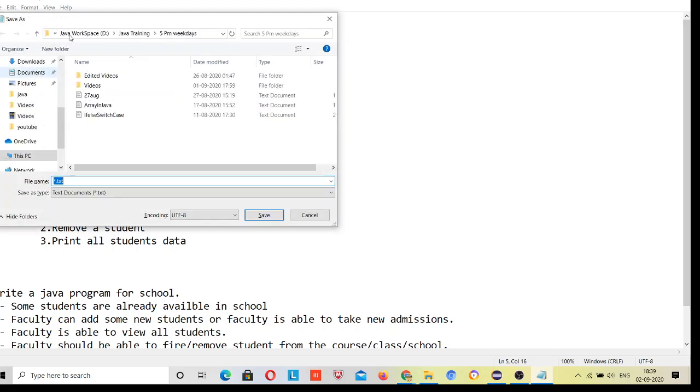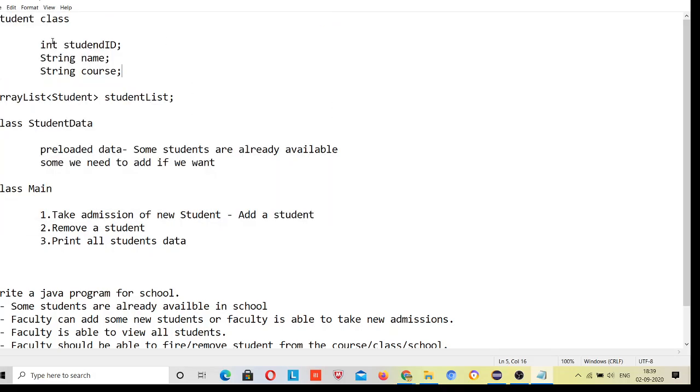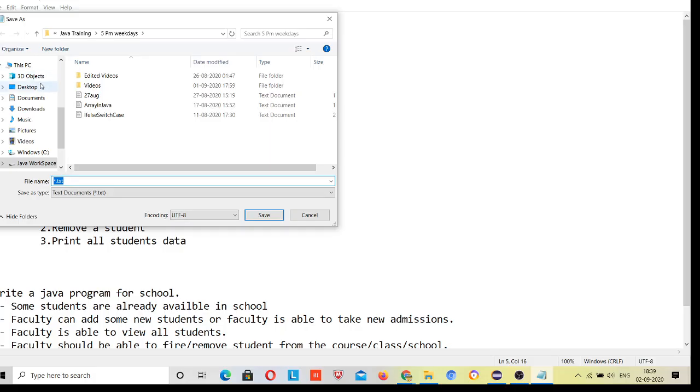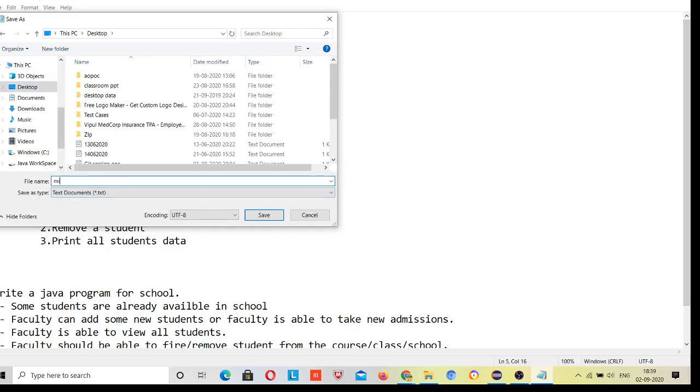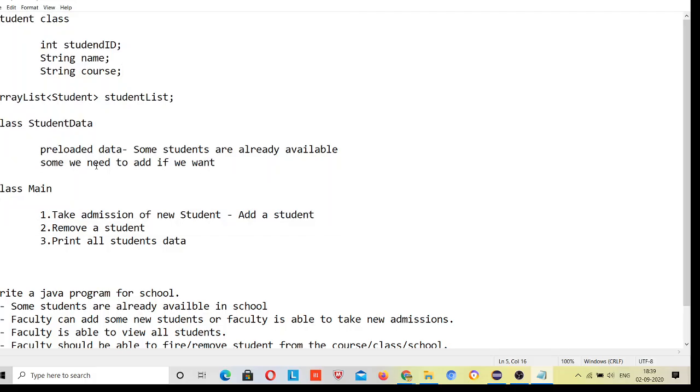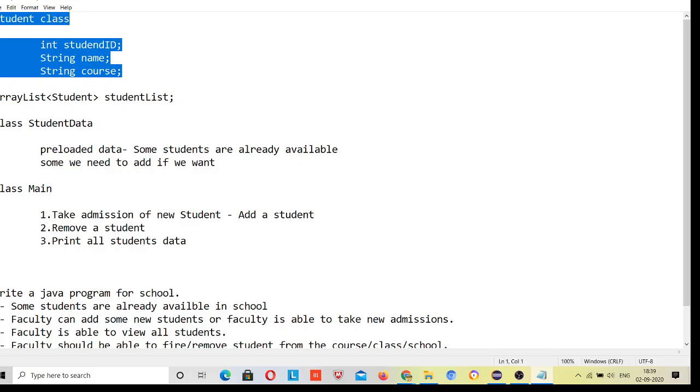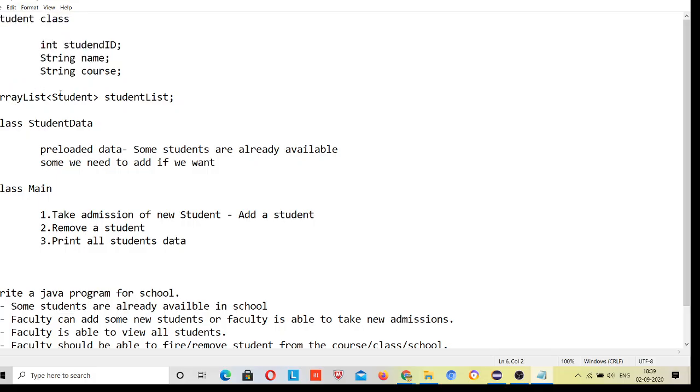Now you can only add the class type of data in this array list. And this array list class type is actually student, which has this data: integer, string and string. If you want to add any floating point number, you cannot add it.